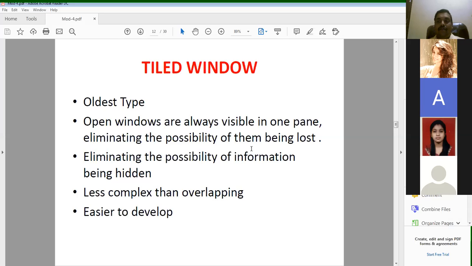When overlapping happens, it may increase the complexity, and there are issues. That is the reason the tiled window is less complex than overlapping. Next, it is easier to develop. This tiled window is very easy to develop.